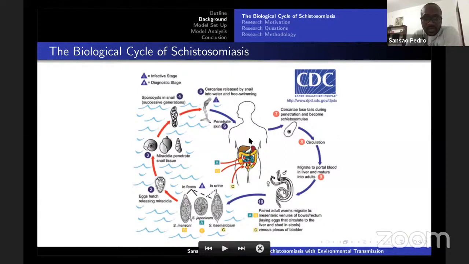Then the cercaria within the human body will circulate, mature, and then release eggs again, okay? And those eggs will come out as we started here, either through feces or through the urine. So we can see it's a complex transmission cycle, and